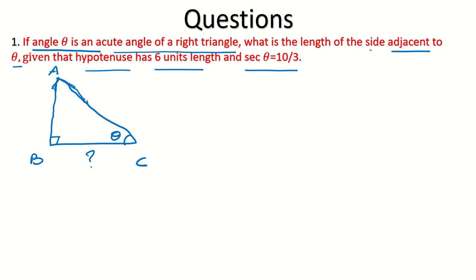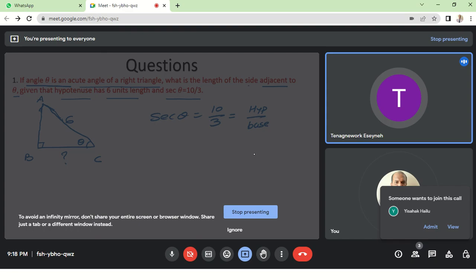Means we have to get the value of BC. Okay, hypotenuse is 6, so this is 6, and sec theta is equal to 10 over 3. 10 over 3 means, what I told you for sec, it is hypotenuse over base. Okay, so hypotenuse over base means